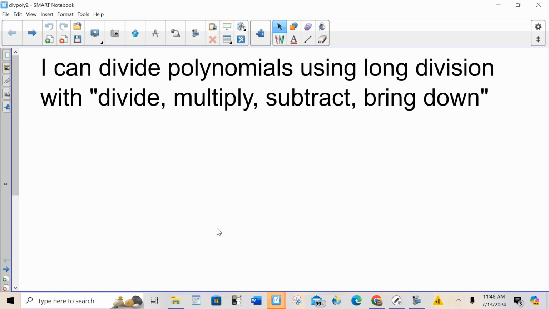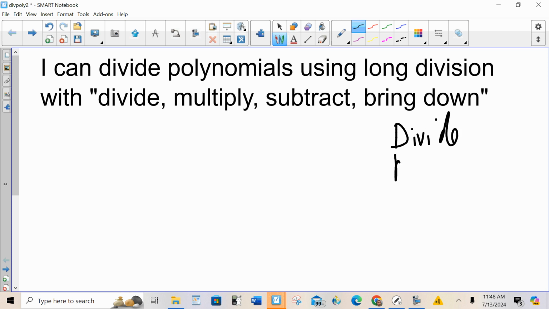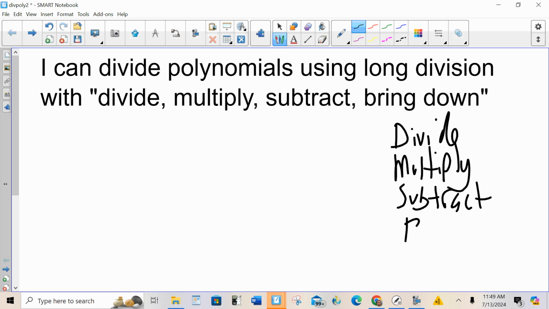Hello. Today I can divide polynomials using long division with divide, multiply, subtract, bring down. Those are the steps of a cycle of long division, whether it's elementary school long division or high